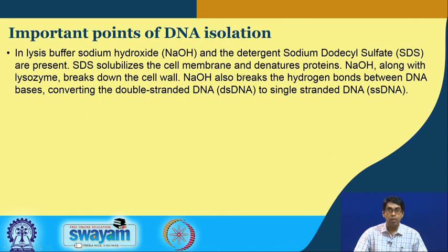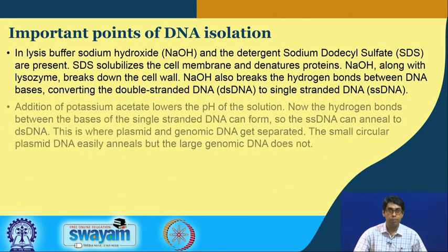The NaOH, on the other hand, breaks down the hydrogen bonds between the DNA bases. So it denatures the double stranded DNA and converts it into single stranded DNA. In this case, instead of heating the solution, we are denaturing the double stranded DNA by the application of alkali, which is NaOH. And remember that this same NaOH will also break down RNA, because the OH will catalyze the hydrolysis of the phosphodiester group in the RNA molecule. And we also add RNase A, so that the whole process is speeded up.